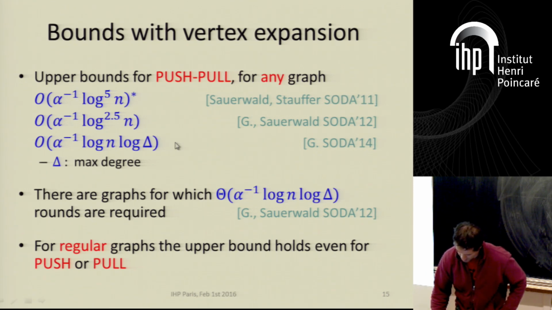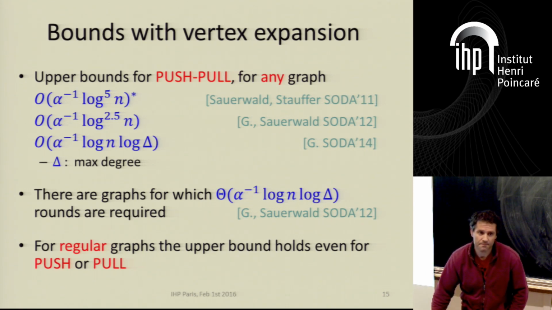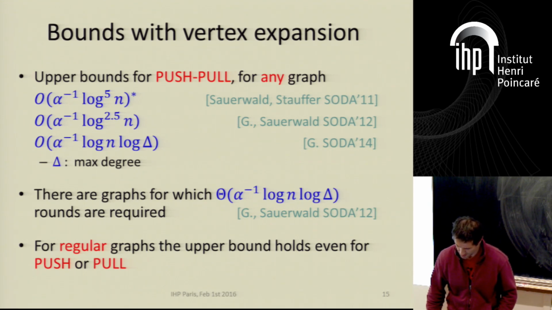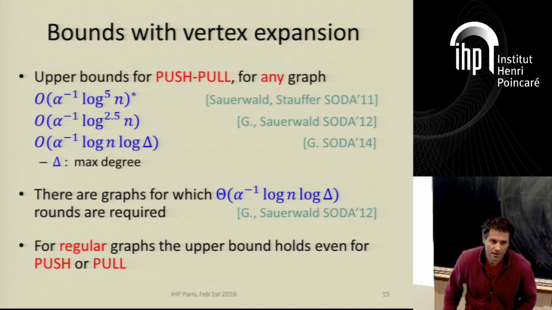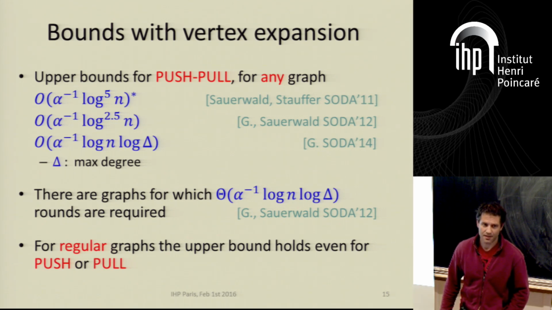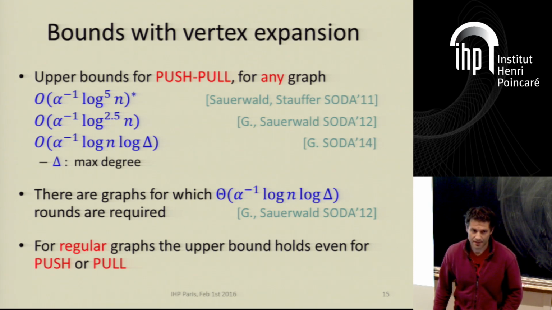Yes? Is the regularity of the graphs only used for push and pull? Sorry, again? Is the regularity of the graphs only used in this last case, or also in the first cases? Can you prove it if the graph has good vertex expansion and is regular? And in the push-pull case, do you assume that the graph is regular or not? No, it's arbitrary. Okay, and can you prove it using this kind of property?